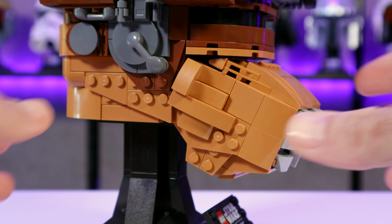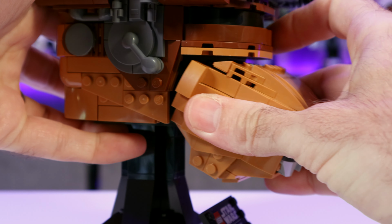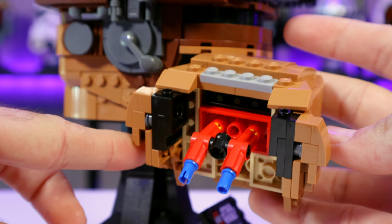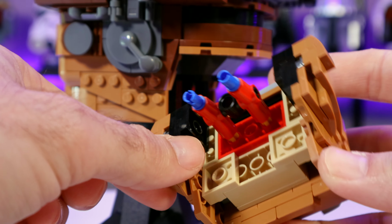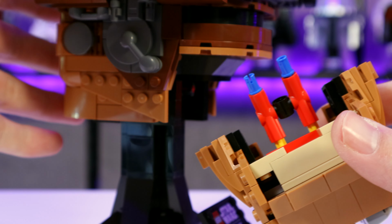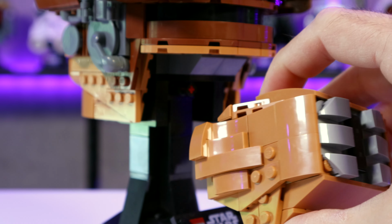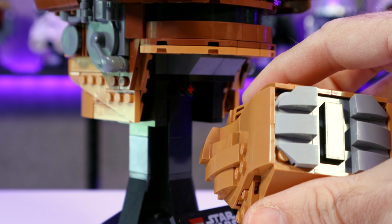Looking at this lower section of the Boushh helmet, you can actually pull this whole mouth section apart. Unfortunately, unlike the Commander Cody and Captain Rex helmets, the mouthpiece on this set is actually just a little too small. I think it was the perfect size in the other helmets, it's a shame that they couldn't get it right here. You can actually pull this whole mouth section apart and see that it's held together at a 15-degree angle